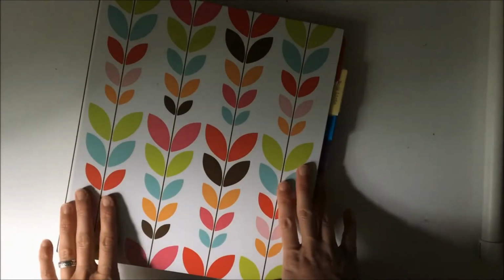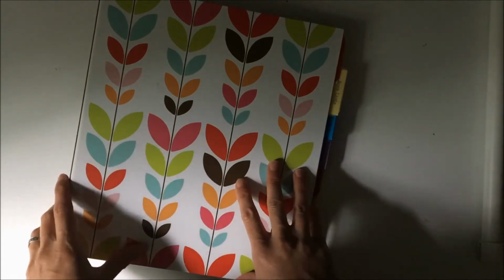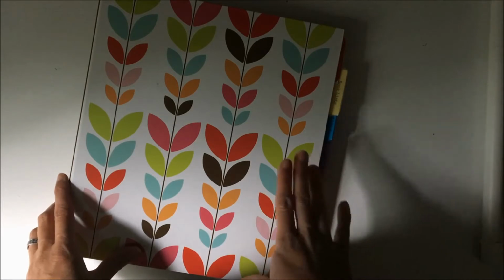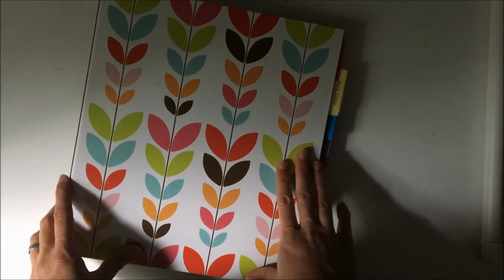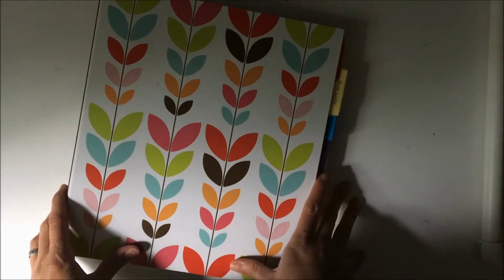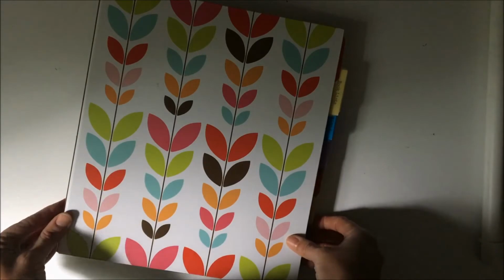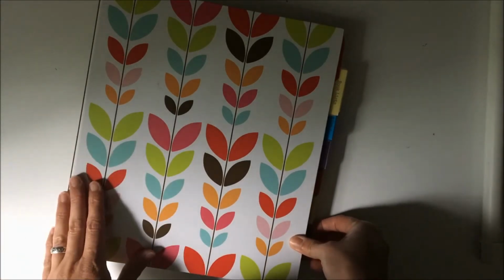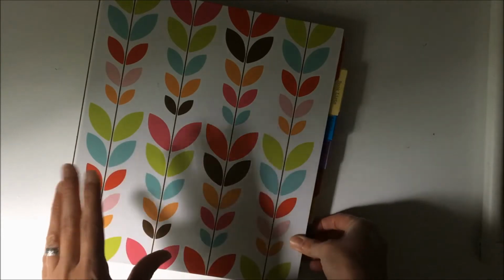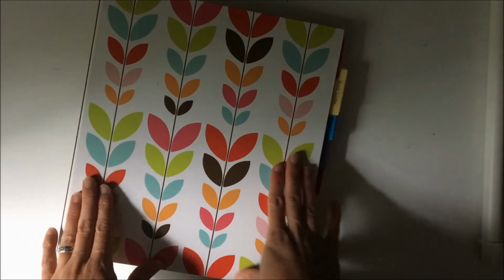All right, you guys, so this is just a super simple system that I set up several years ago to keep my papers organized. Now, this is my master homeschool binder. This is not something that I get into every day. This is more or less a simplified, condensed file cabinet or filing system that I have set up to keep those papers organized that you don't need to access very often, but when you need them, it's super important that